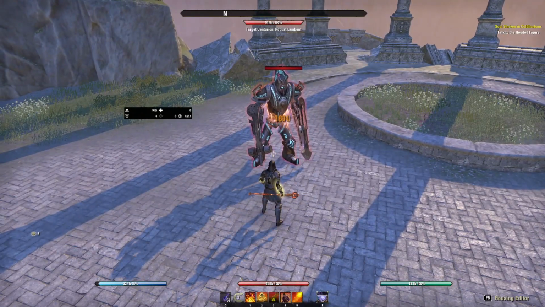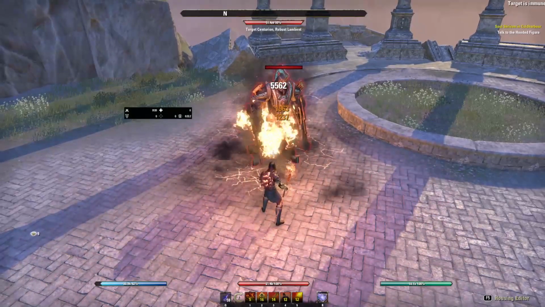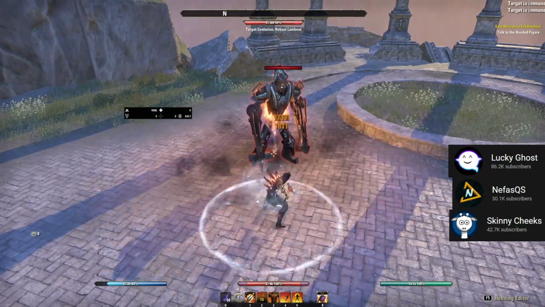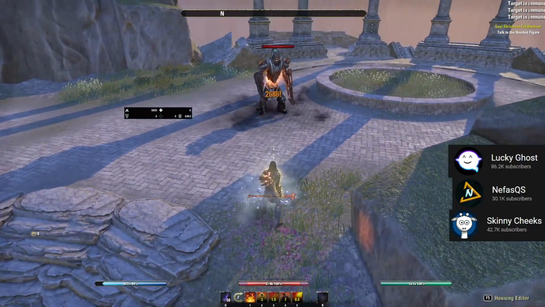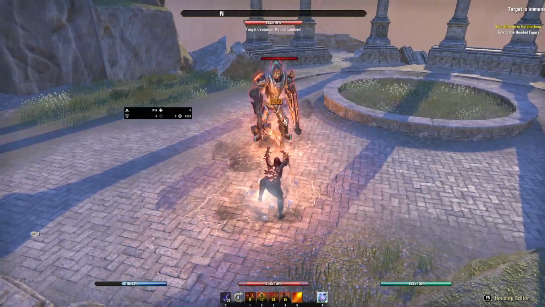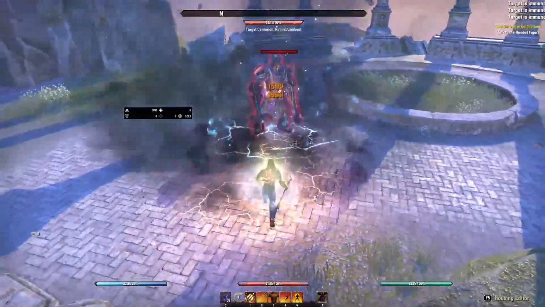So if you're not a meta player, then it's probably not something that you have to worry about too much. But if you are someone who wants to play the best of the best, then you definitely want to check out the patch notes. You definitely want to check out other creators like Skinny Cheeks or Nephis, Lucky Ghost as well. They keep up with more of the meta lineups, and I would definitely check them out to see if they have any updated builds or item sets that are the top DPS or whatever you're playing in ESO. But for the most part, if you're not a meta player, you're going to be fine playing your character. There's no reason to switch, but that's something that you still want to check out, because